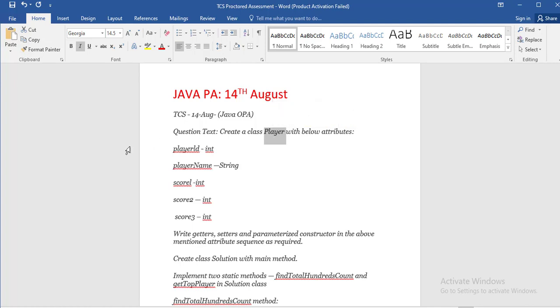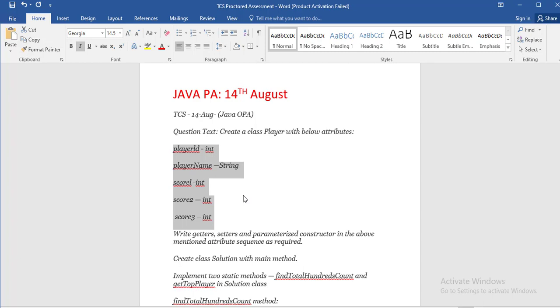Also, these are the attributes of this class, and as I have already described in my last videos, the attributes should be private, because this is the OOPS concept of data hiding, that is encapsulation. If you make the attributes private, then by mistake you cannot change these values from outside of this class.